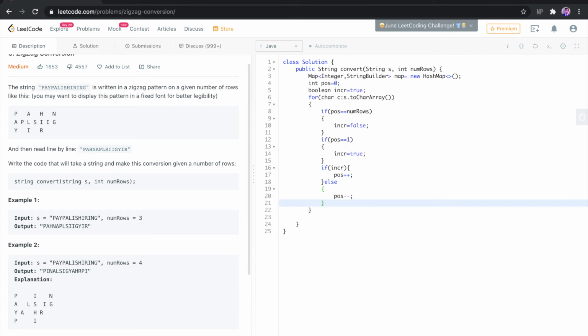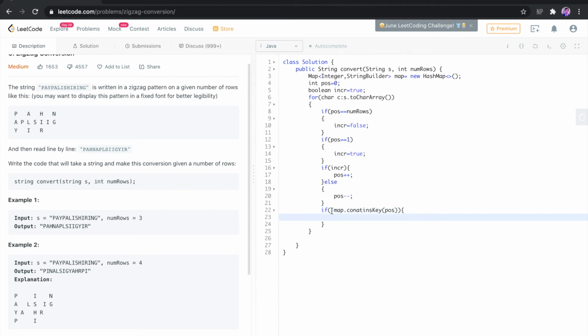Now the next thing to do is we need to place a check if our hash map already contains the key pos inside it. If it does not contain, then we will put that particular key pos inside our hash map, and if it is present, then we will only fetch that value and append the next character at that particular position. So we place an if condition to check if map does not contain key pos.